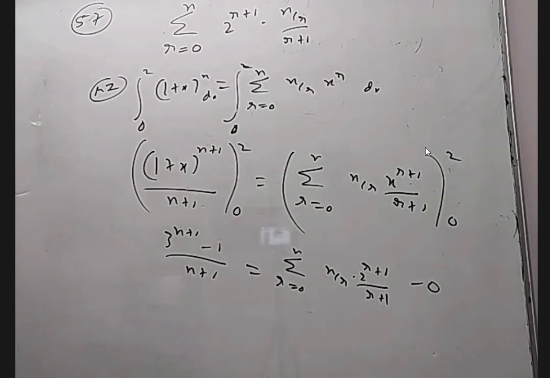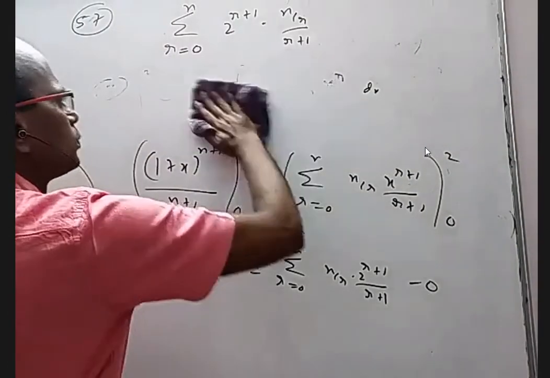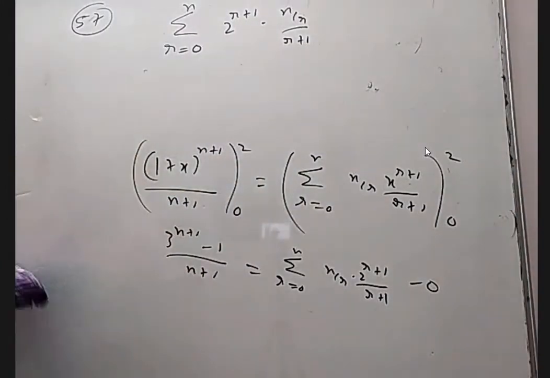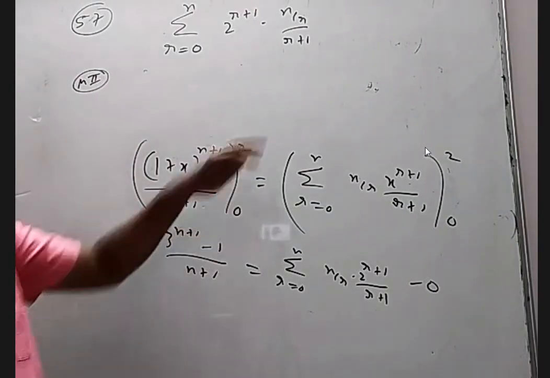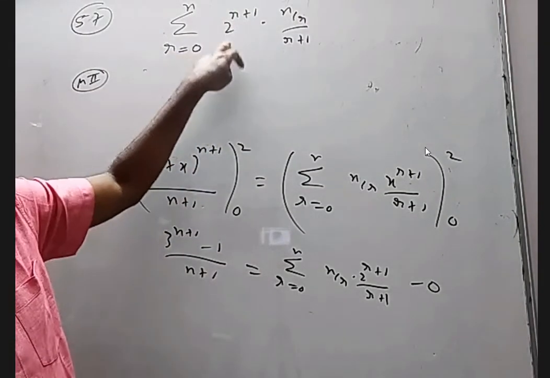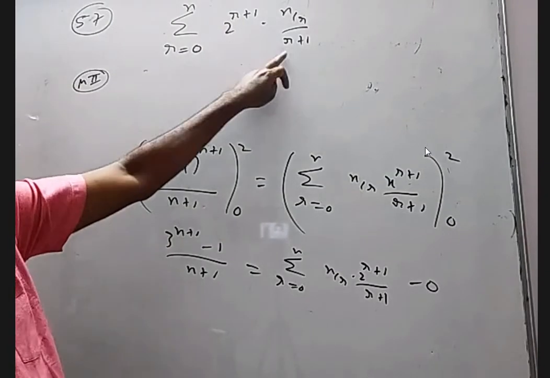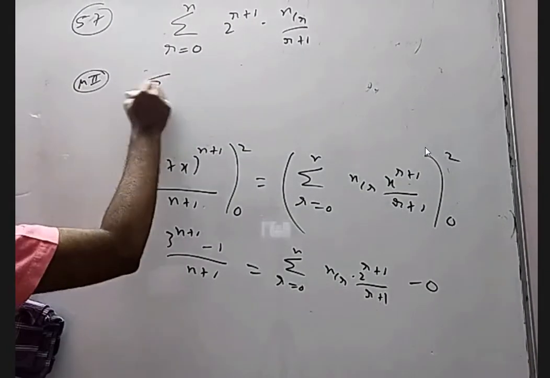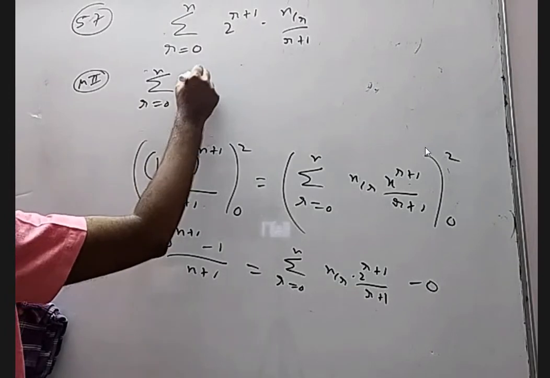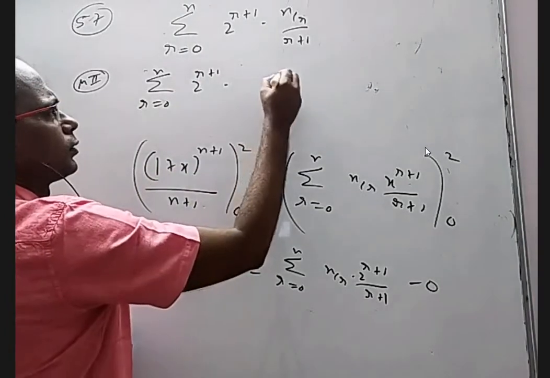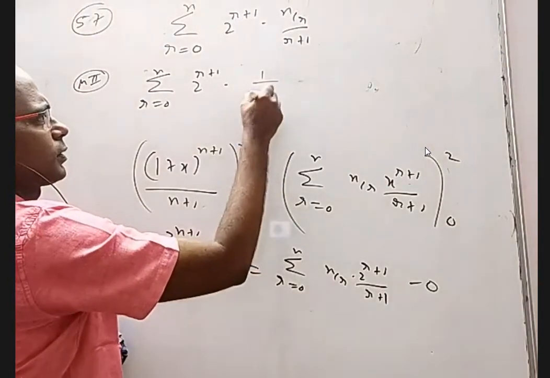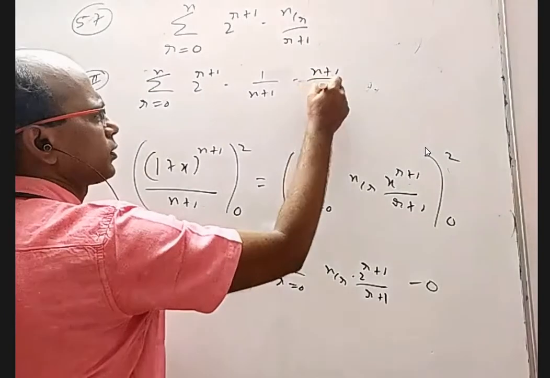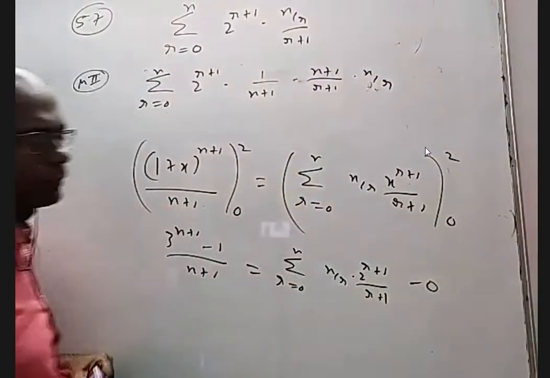Okay, I'm erasing this whole thing. Okay, let us see method 2. Earlier we have seen if it is multiplied by something, especially in terms of r, how to avoid that. If it is in the denominator, what to do? Sigma r equal to 0 to n, 2 power r plus 1. I will multiply with n plus 1 and divide with n plus 1. So 1 by n plus 1 into n plus 1 by r plus 1 into NCr.